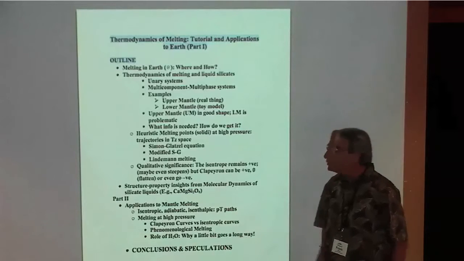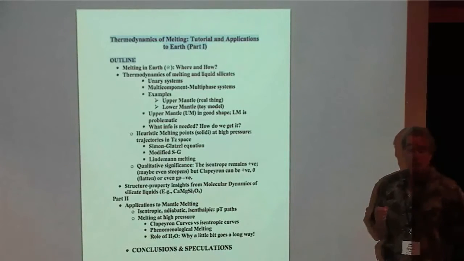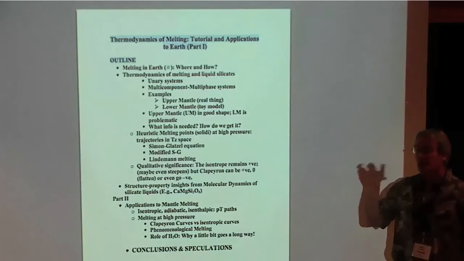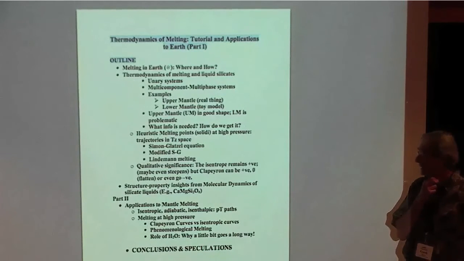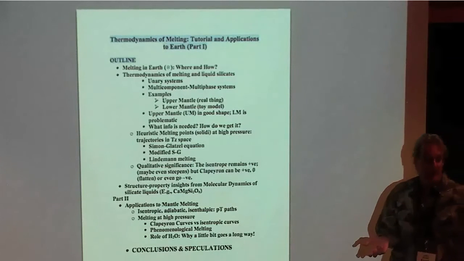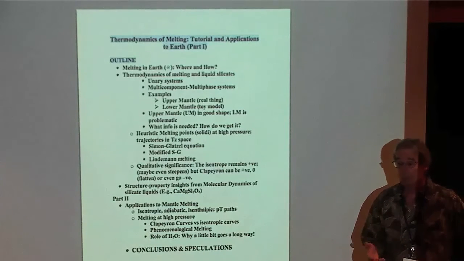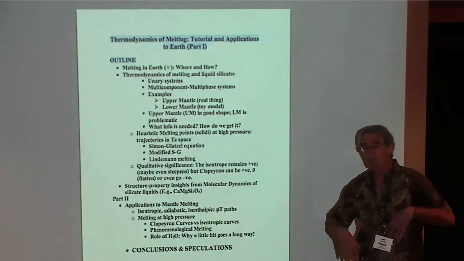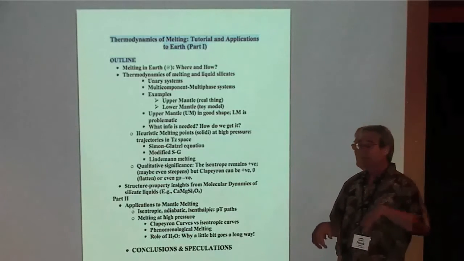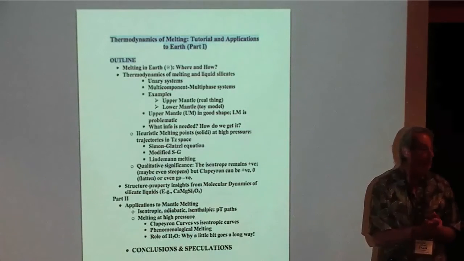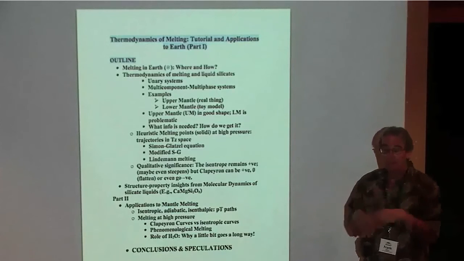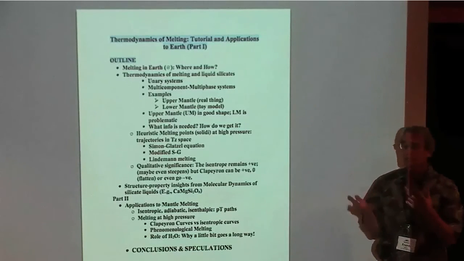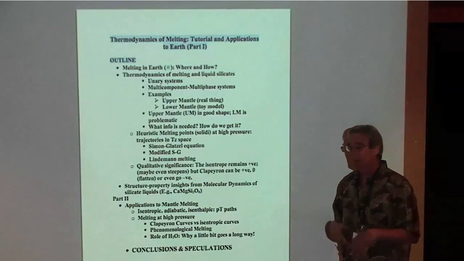And then finally at the end, talk a little bit about the role of water in this business. A little bit of water goes a long way in changing the melting properties of silicates. And it's estimated that we may have 2, maybe 10 oceans of water in the Earth's mantle. Where is that? Is it in the transition zone? Exactly where is it? Is it basically distributed in nominally anhydrous phases, like 50 ppm in olivine and 50 ppm in magnesium perovskite and so forth? Or is it more structurally bound in ringwoodite as